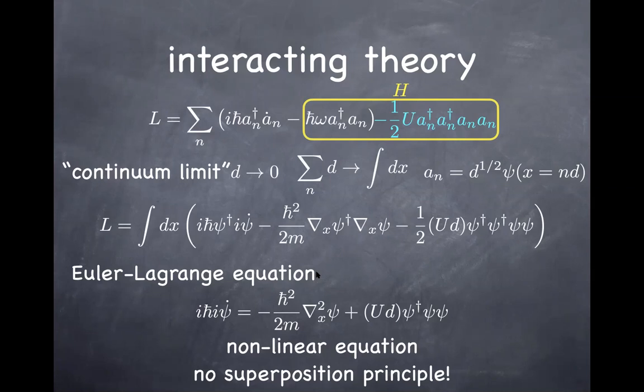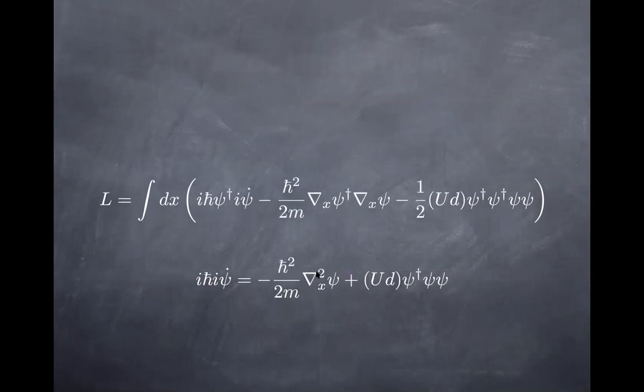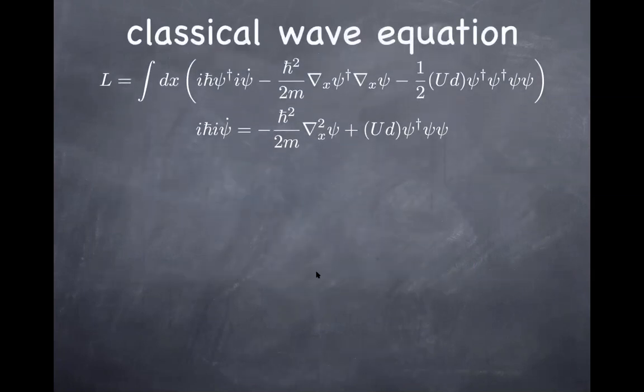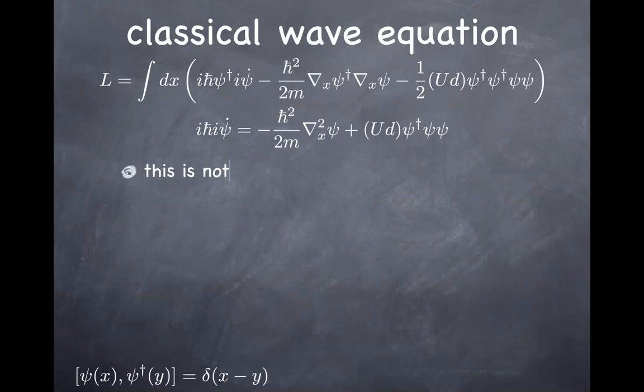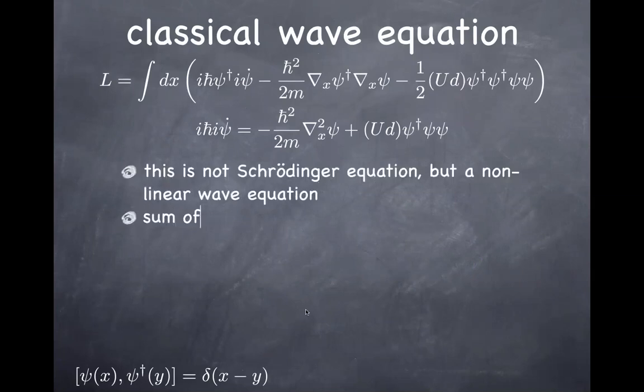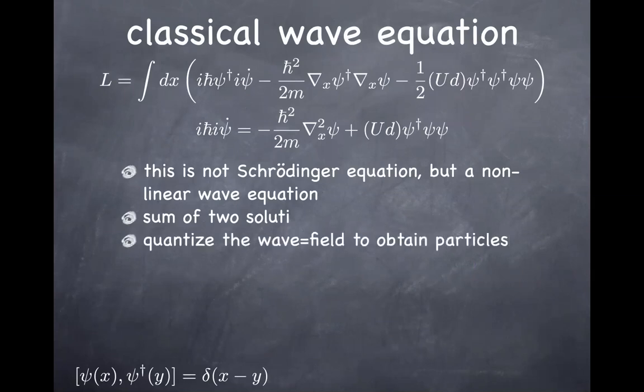So I hope this distinction between the field operator psi and the wave function capital Psi becomes very clear by really working out the Schrödinger equation of the field theory, where you see that these things are different from each other. What we do is the same thing we have done before, using these creation and annihilation operators, and then you actually build the wave function of it. But before getting to it, I'm just reinforcing this idea that this Euler-Lagrange equation is definitely not the Schrödinger equation,